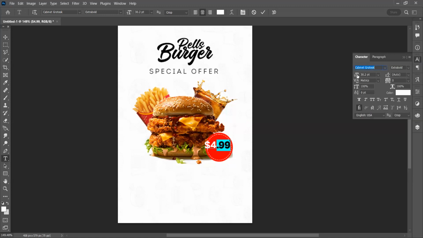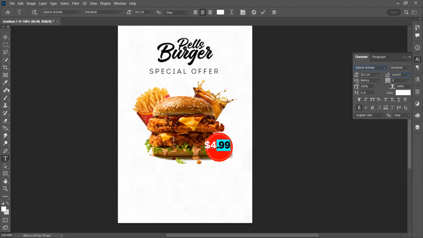Now what we want to do is reduce the font size. Can you see? Set font size. The first dropdown here is Set font size, right? The second one is Set leading. That is what we call line height. So if you have maybe 2 lines, maybe 4 lines of a sentence, and you want to reduce or increase the space between them, this is the function you are going to use.